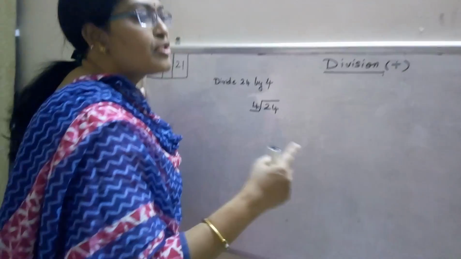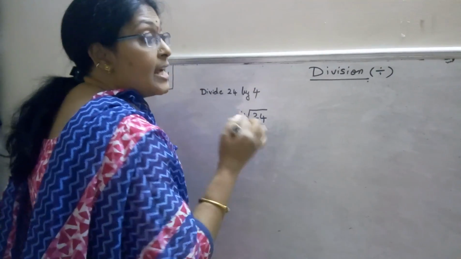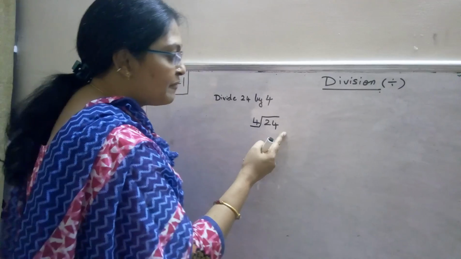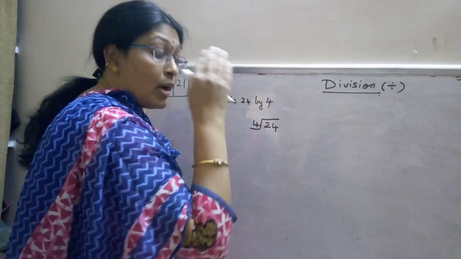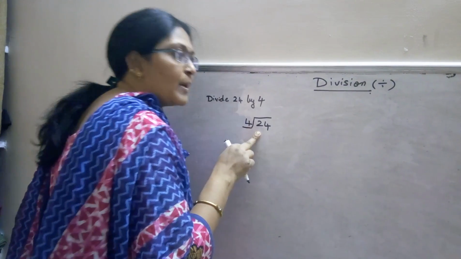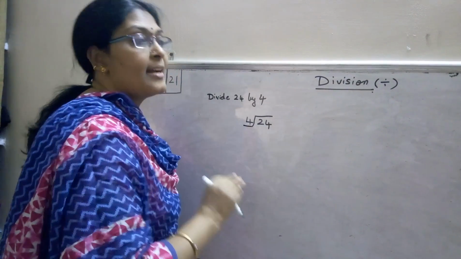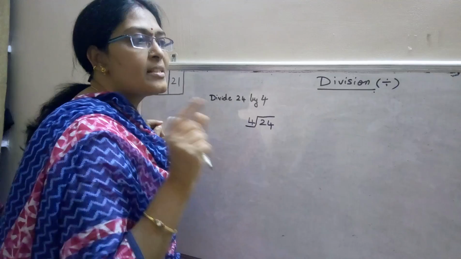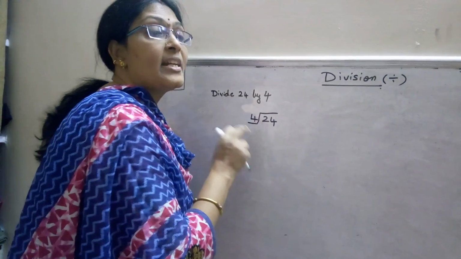And the division should be started with the tens place, not from the ones place. Addition and subtraction will be started from the ones place. You all remember we will start from here, is it not? From the first digit, that is the ones place. But always remember that in division we have to start with the tens place. For this you have to be perfect in the tables up to 10. As I have told you in the earlier classes also, please practice your multiplication tables. They are very important in doing division.